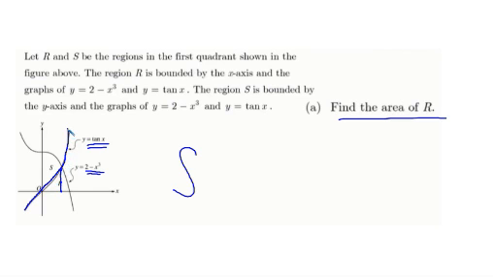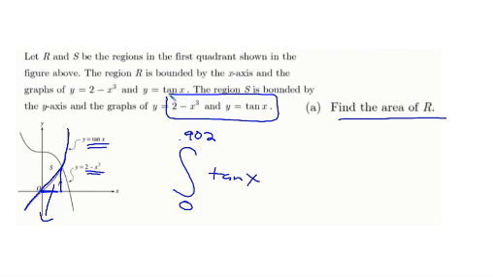And there is no bottom function, it's just the x-axis. So all I have to do on this first part right here is just the integral of tangent. I don't have to subtract. All right? And that's from 0 to 0.902. Again, we would do that by setting these two equal to each other on the graphing calculator to find this